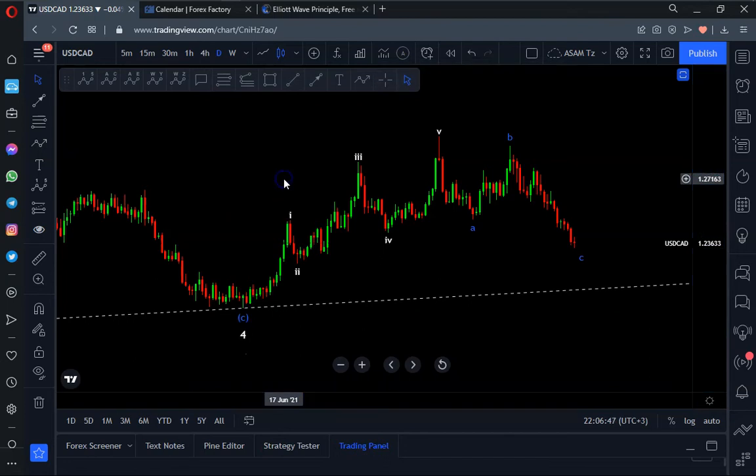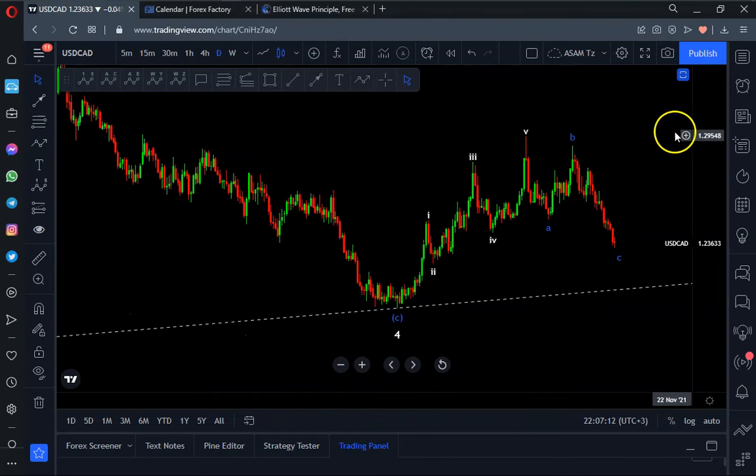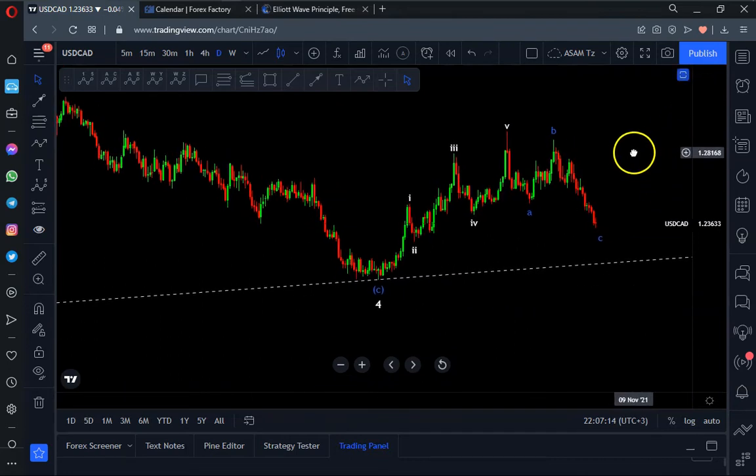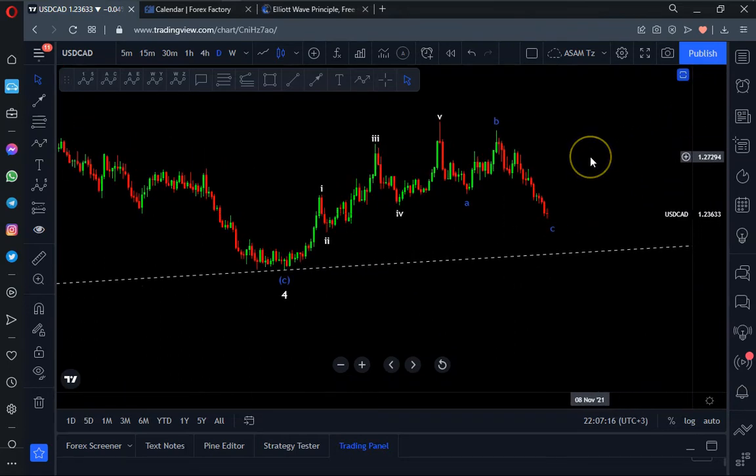This is USDCAD in the daily time frame, and usually I share mainly 2 or 3 time frames only because I need to have short videos, so I cannot analyze every time frame. Usually I use just a few time frames to have that frame of the direction of the market, and then you can add your analysis for the remaining time frames. So I will have analysis on the daily time frame and on the 4 hour time frame.